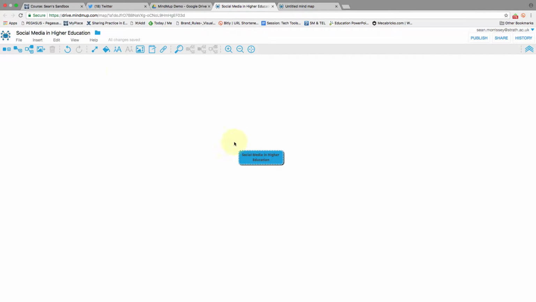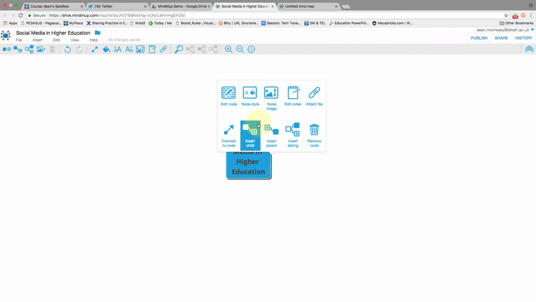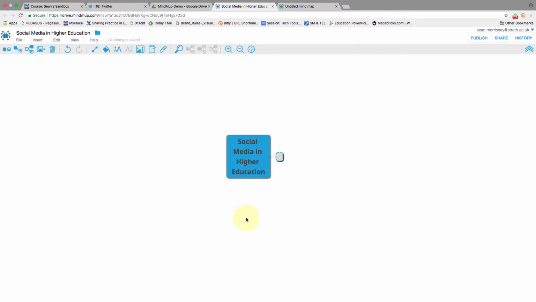And I'll click on that. I think maybe the text is a little bit small, so I'll go up here and click until I have a nice big piece of text in the middle. And now I can start adding nodes, and the way in which I do that is by going up here to insert child node, or I can right click on the mind map and have a little quick menu here, which is going to provide me with that same option. So I'll insert a child,